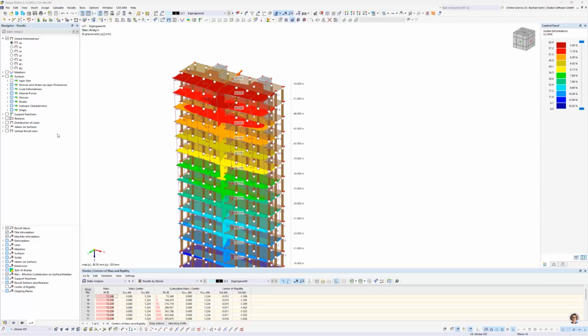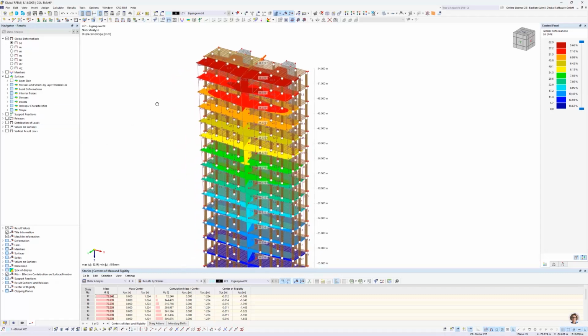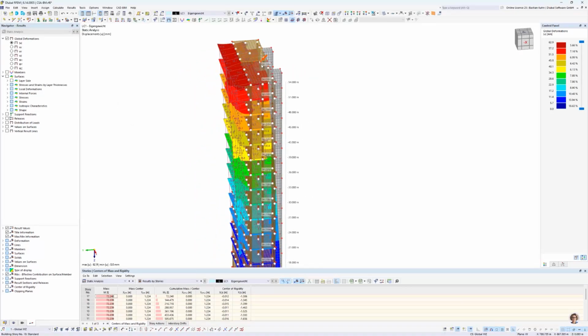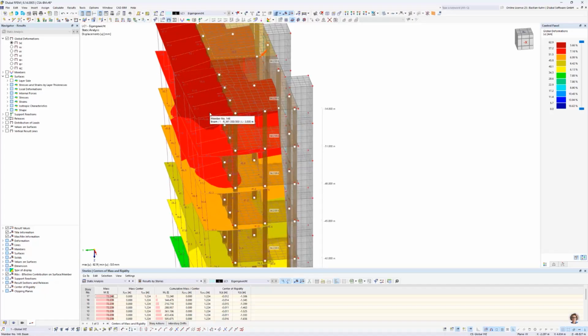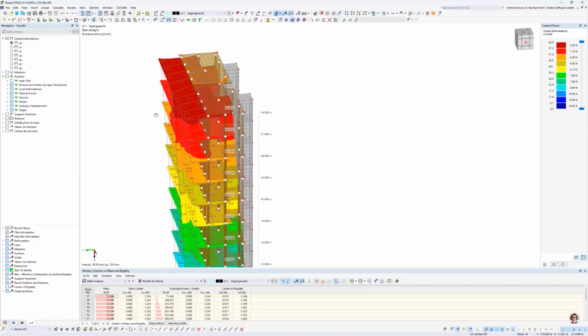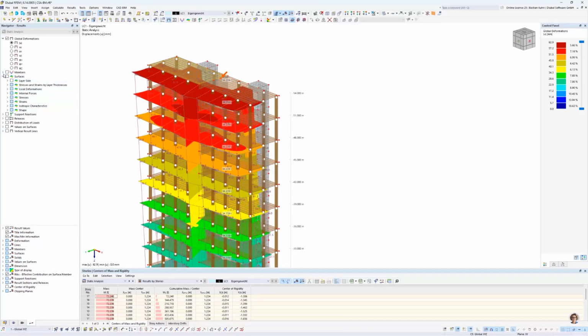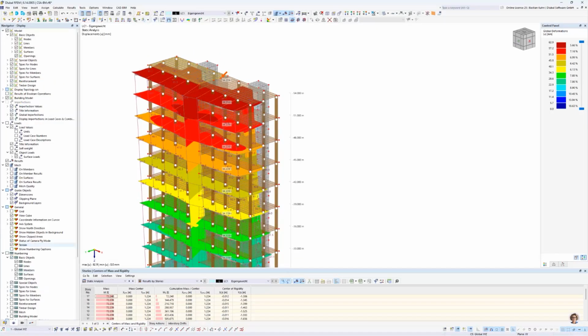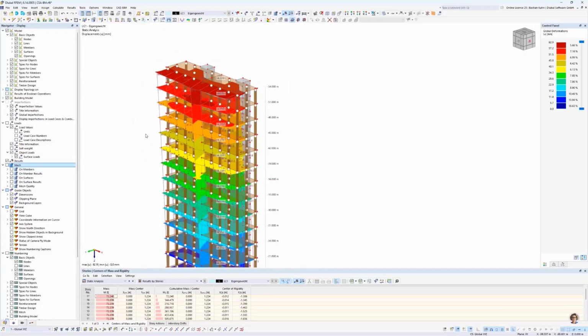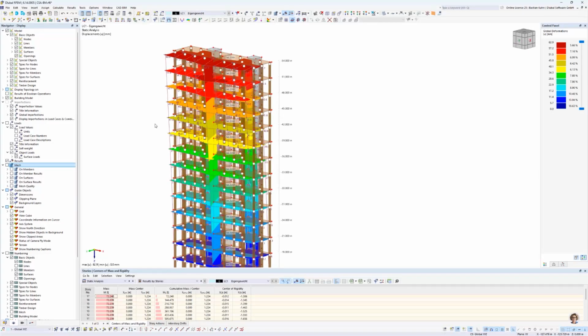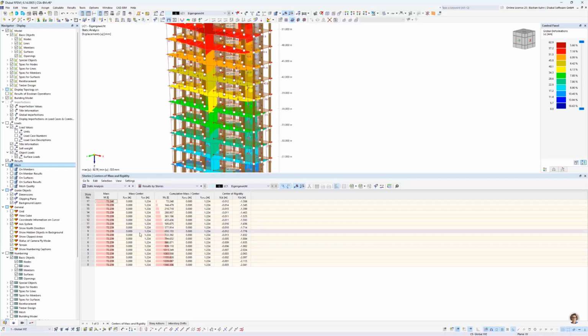All right, so then the calculation is done, and you see that the structure is deforming a little bit into the front, a little bit out of plane, but that's not the main interest I want to focus on now. I would like to switch off the mesh. That's not the interest, because before we analyze the 3D effects, I want to mention the options or the information that I have now